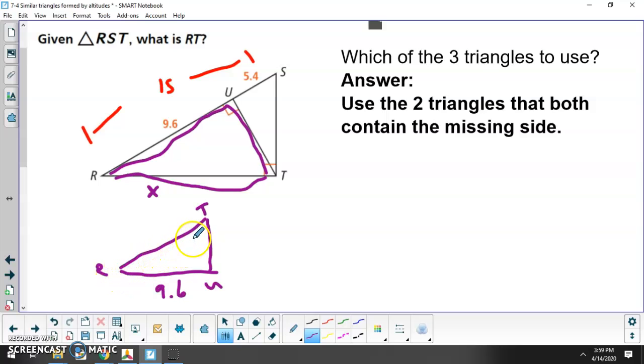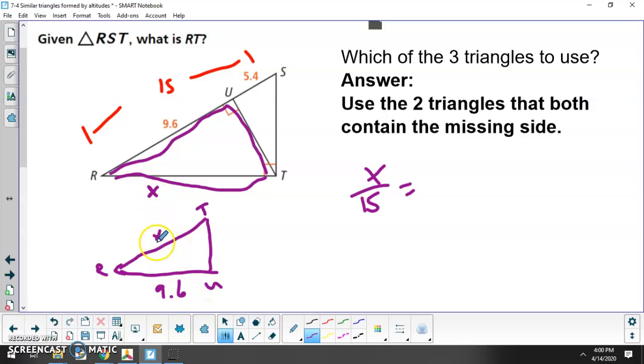Let's think about that here for a second. Okay, so the hypotenuse, which is RT, is also X. Because RT, the base, is the hypotenuse, which is interesting. So now let's see if we can write a proportion that would make sense to solve this. Okay, so let's first compare the hypotenuses. So I'm going to go from the small one to the big one. So we would have X over 15 is equal to,